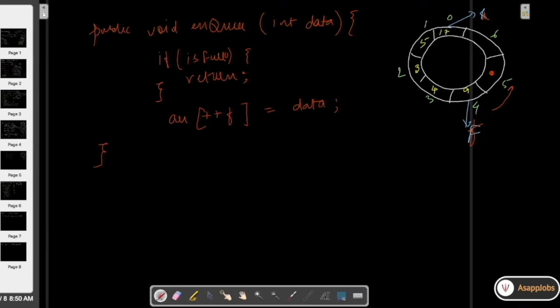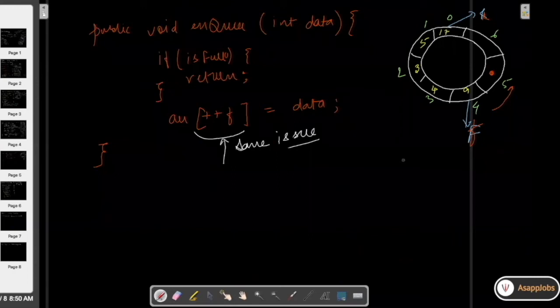Tell me. Yeah, fine. But I see there is an issue here, some issue. What is that issue? Now, at least tell me now. Last time you guys didn't tell me. What is the issue now here? Sir, when it reached the last index, at that time it will increment first, right? In this case,